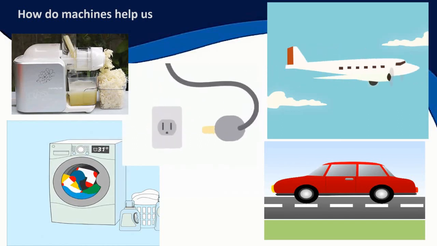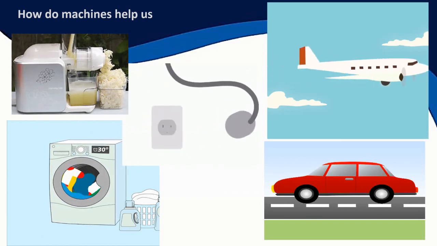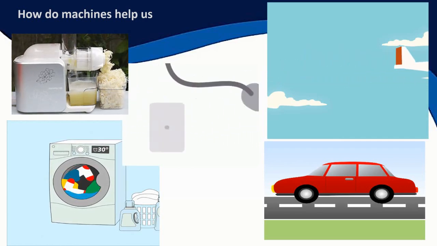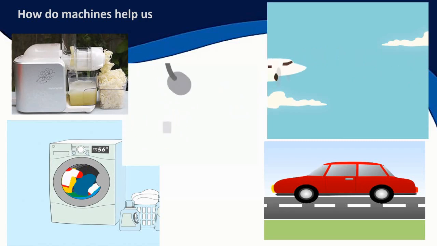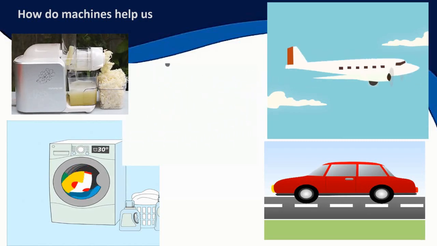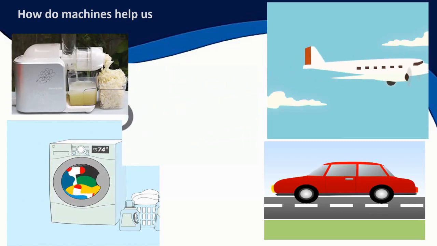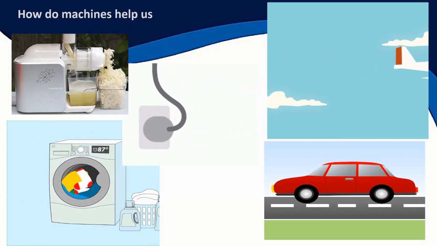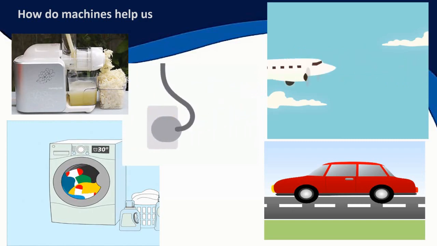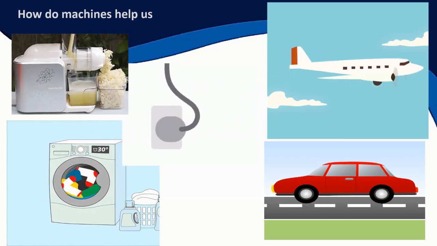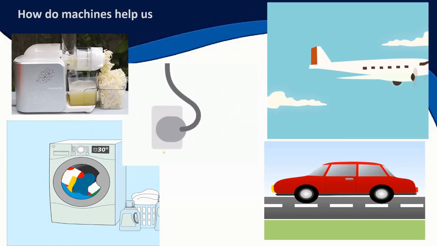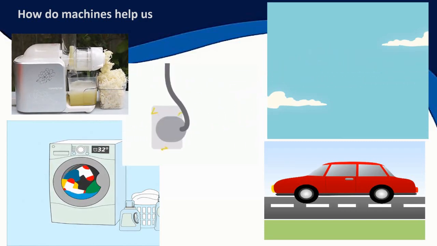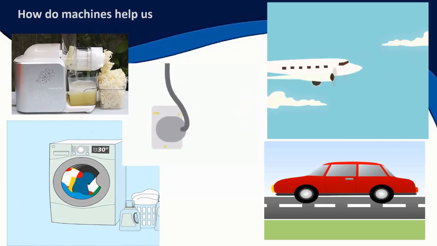How do machines help us in day-to-day life? In this way, machines help us in many different ways. Some of them help us do work quickly, whereas others make life more comfortable and fast. Machines do not work on their own. They need energy or power to work. As we saw, some of them need electricity, some need fuel, while some need manpower to work.